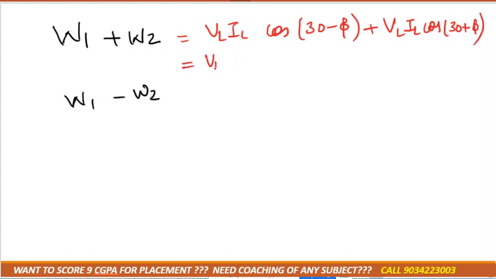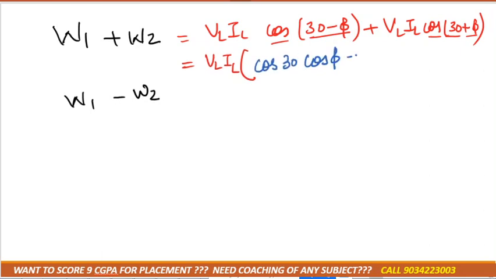So can we take VL and IL common? Then that would be cos of A minus B plus cos of A plus B. If you remember from school level, the formula for cos of A minus B is cos A cos B